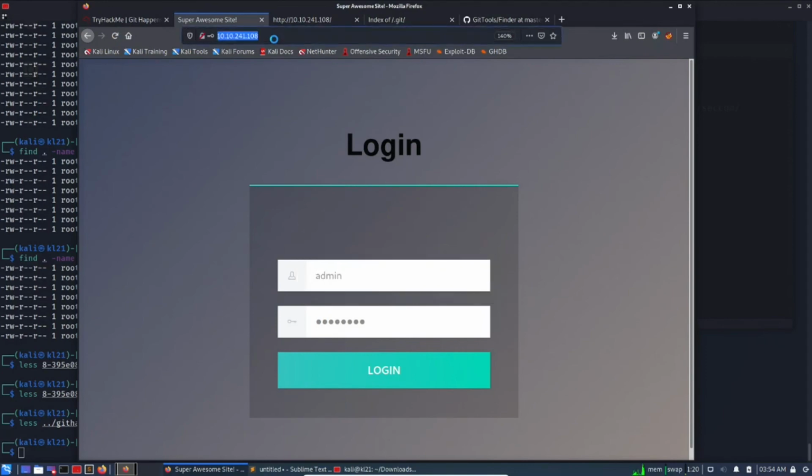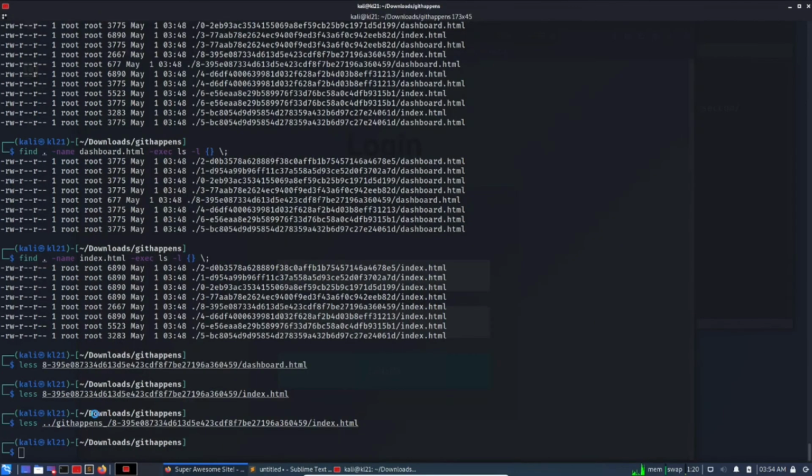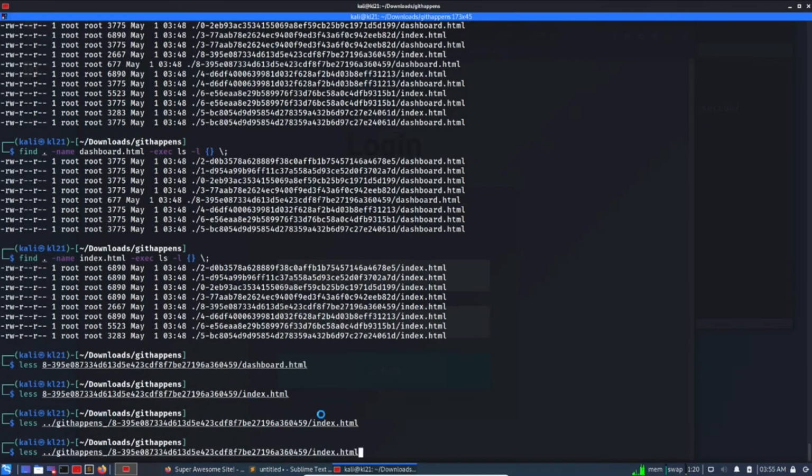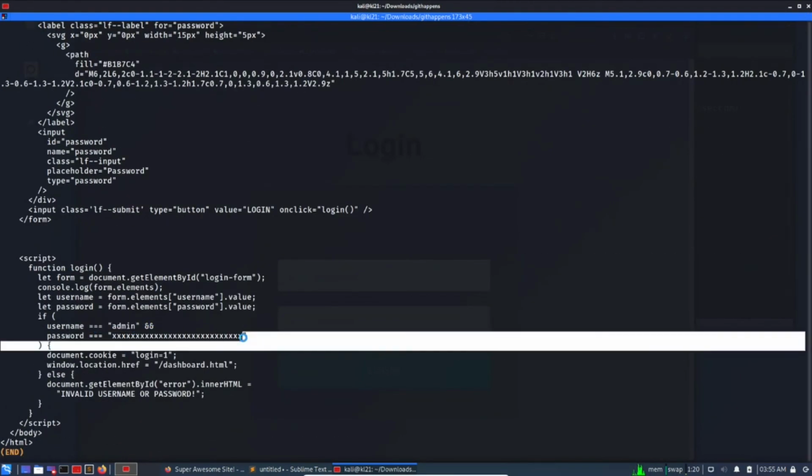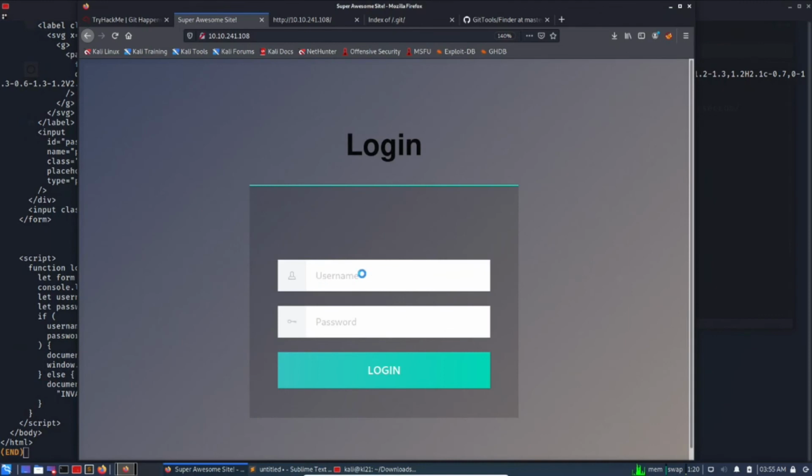The username is admin and the password is something. Okay, so this is the admin user and this is the password, and something should happen. No, something weird is happening. It is not allowing us to log in, but